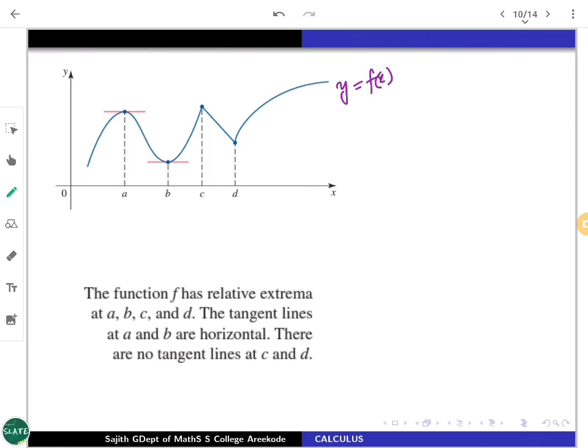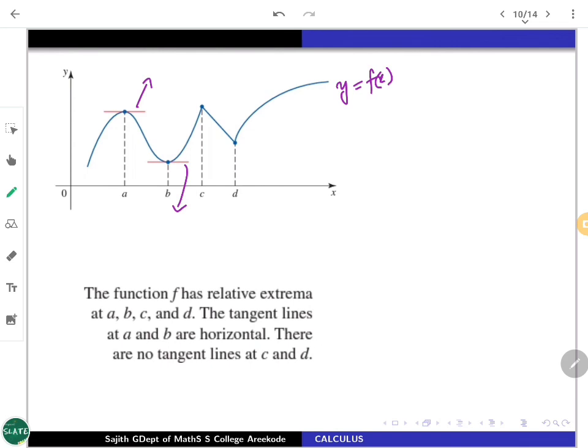Whenever you are concentrating at A, there is a unique tangent line at A. That tangent line is parallel to the x-axis, and in fact its slope is the derivative in that case, and it is going to be 0. Very similarly, where a dip is coming at B, whenever you are getting a relative minima, there also a tangent exists and is parallel to the x-axis, and the derivative is going to be 0 here also.